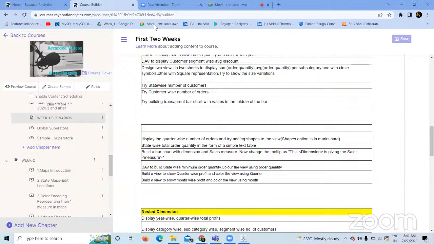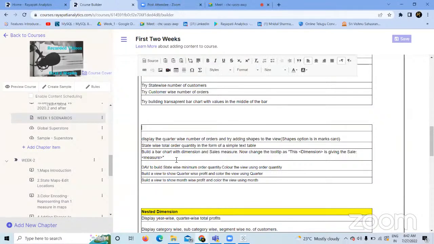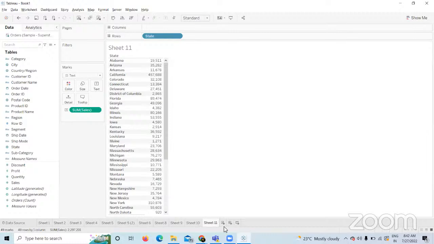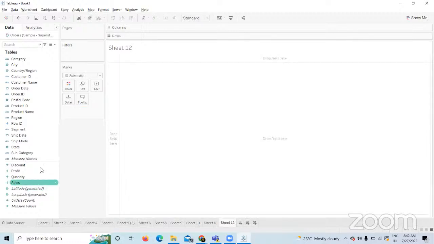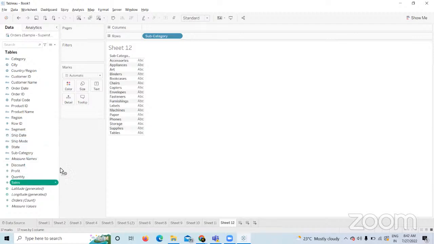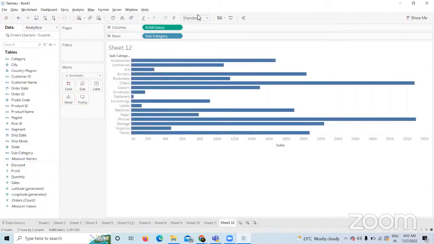Yes or no? Now, build a bar chart with dimension. Now change the tooltip as this dimension is giving the sale or something. What is that they are asking? Let me explain. Here, when I'm taking this subcategory wise sales,